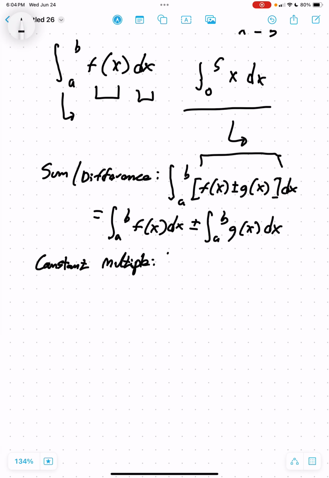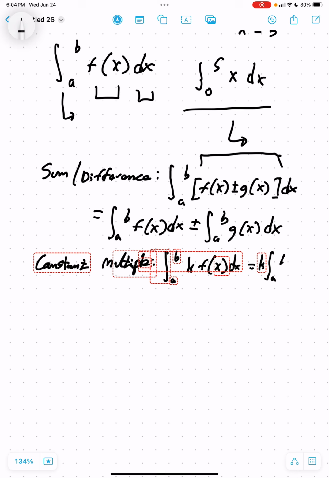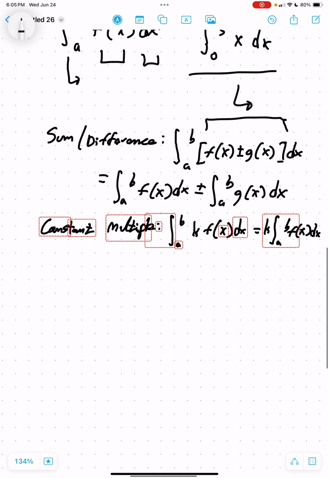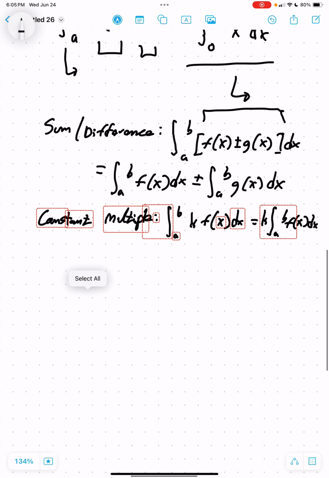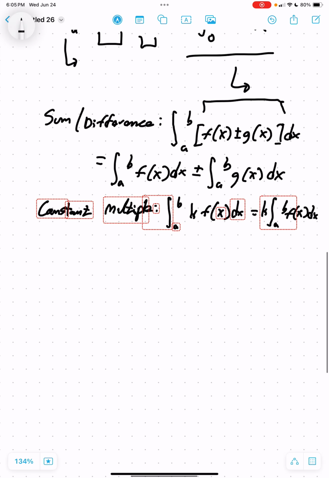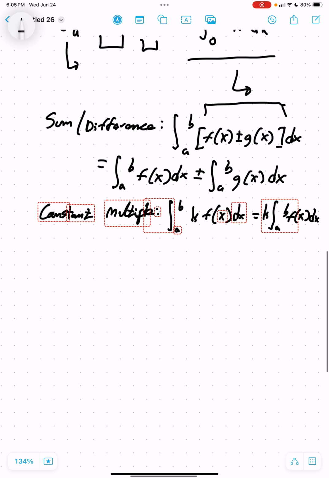Then the constant multiple rule states that the integral from a to b of k times f of x dx equals k times the integral from a to b of f of x dx. So that's the second rule: when we multiply a function by a constant, we can take out that constant and put it in front of the integral. Then we also have the reverse interval rule,